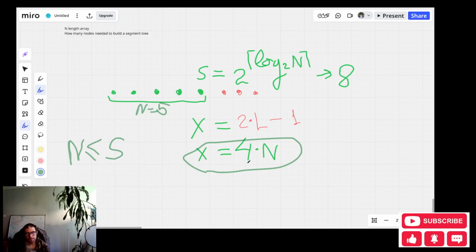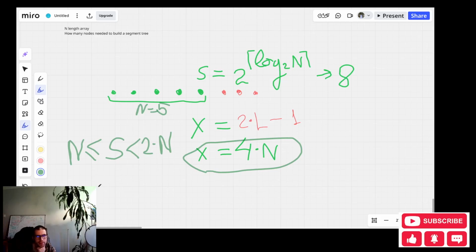Okay, we can see that this number s is by definition greater or equal than our n. But it is also less than 2n. Let's prove this by contradiction.